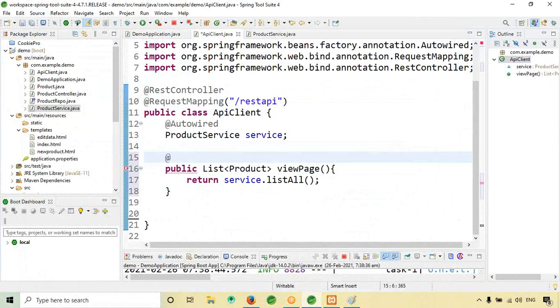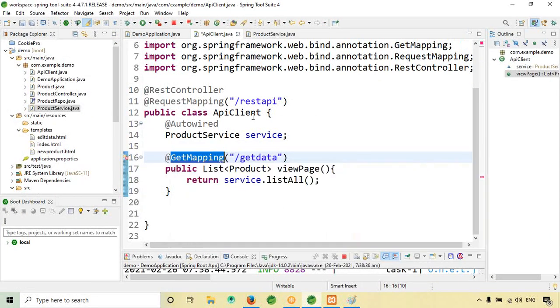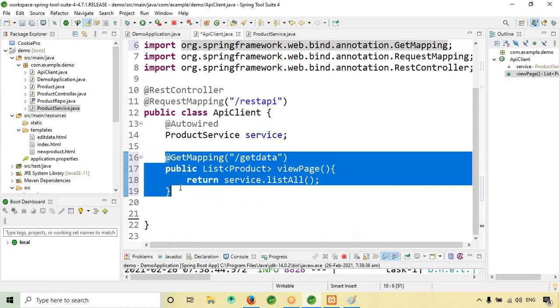I will give @GetMapping, "/getData". Sorry, this is capital G. Okay, import it. That's all.